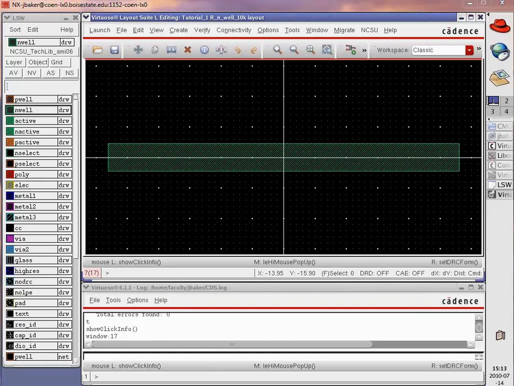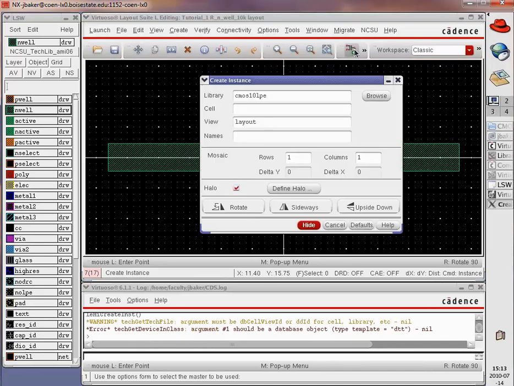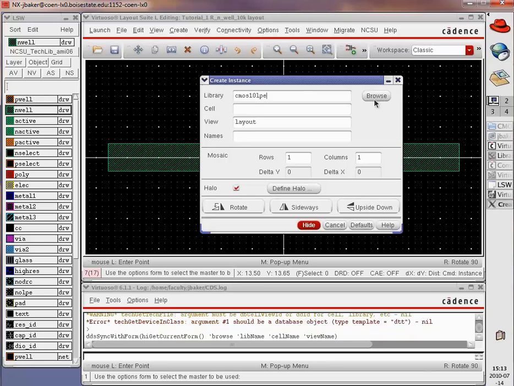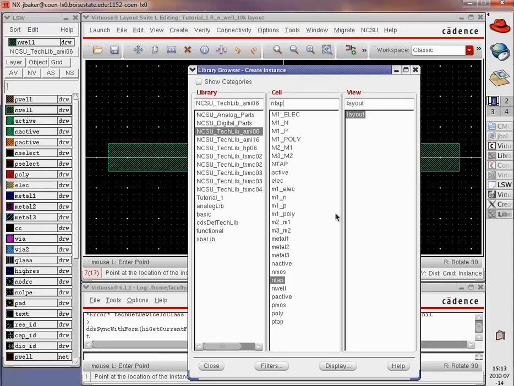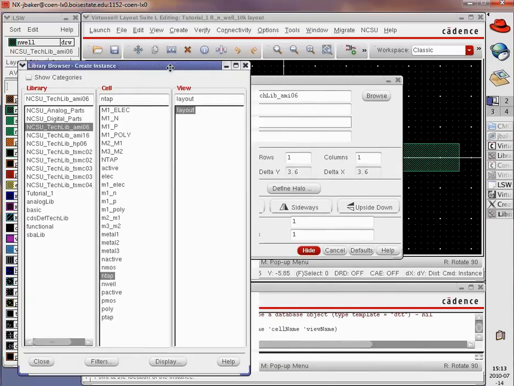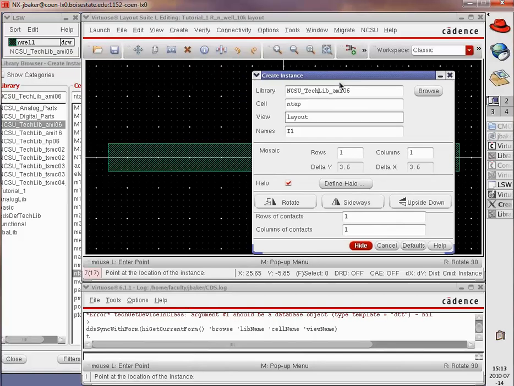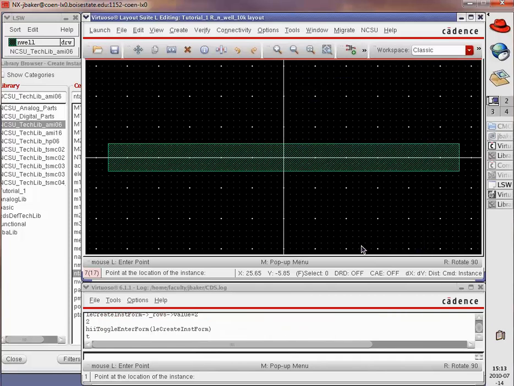Next, I need to add connections to the N-well at the 2 ends. And so what I'm going to do there is I'm going to go up, press I, or instantiate, hit Browse, go back to the NCSU AMI parts, and what's used to connect to N-well is the N tap. And that's seen right here. And I'm going to put 2 rows just to make it a little bit wider, although we could use 1 row. I'm going to drop it in here, and notice it keeps wanting to, has an affinity towards the N-well,